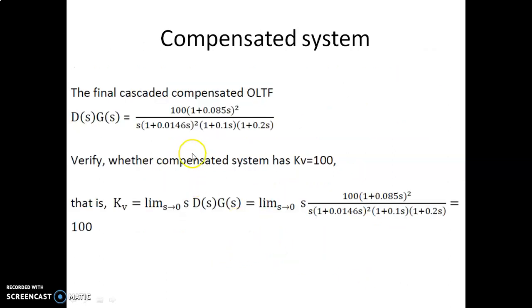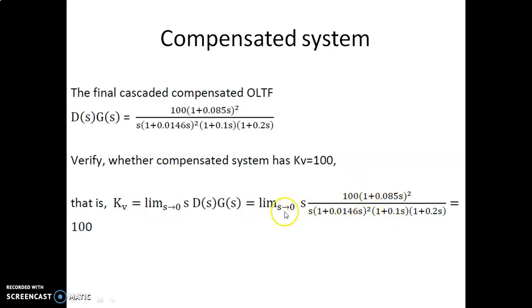So this is the phase lead network coming into the final cascaded system. Since we have two such phase lead networks coming in cascade, that's why I have a square term here for the zero and the pole. But of course this S and these two terms correspond to the plant transfer function. So we can verify whether this compensated network is giving the required value of Kv or not, which can be verified using the equation we have here.